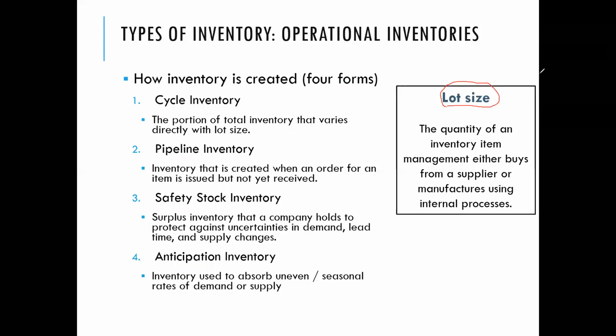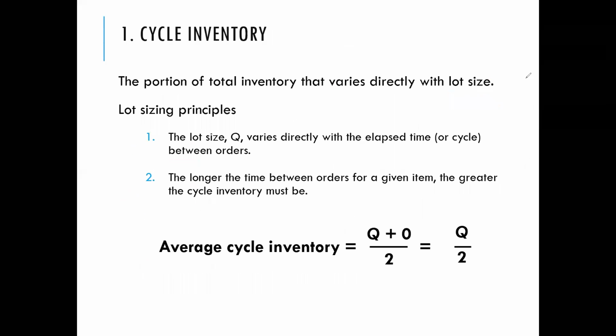So let's start with cycle inventory. Now, as I said, cycle inventory, if I have to define it, is the average amount of inventory in a cycle. The theoretical definition of it is that it's a portion of total inventory that varies directly with lot size. Now, what do we mean by it? So for example,